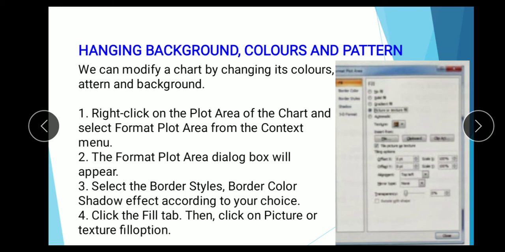Step 3, select the border style and border color. Here are the given things: border style, border color, and shadow effect. According to your choice you can select. And after that, step 4, click the Fill tab, then click on Picture or Texture fill options. When you apply this, your chart background color and pattern change.